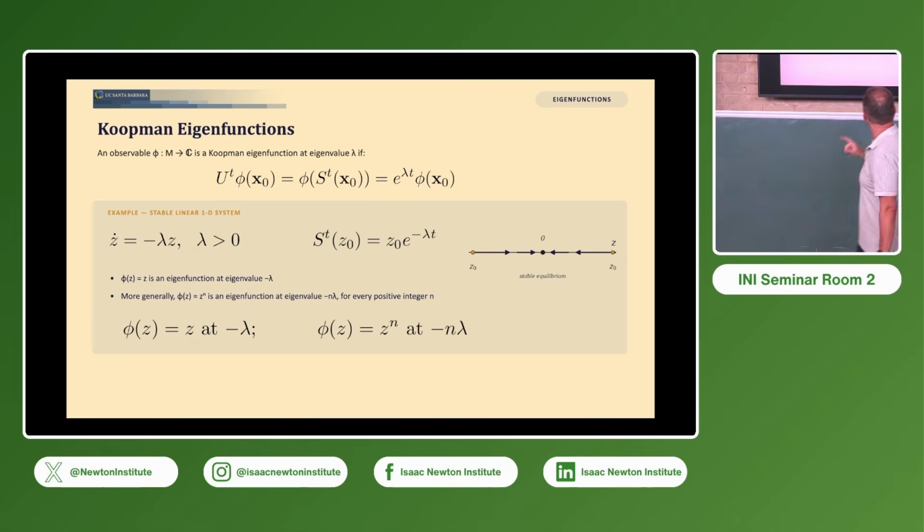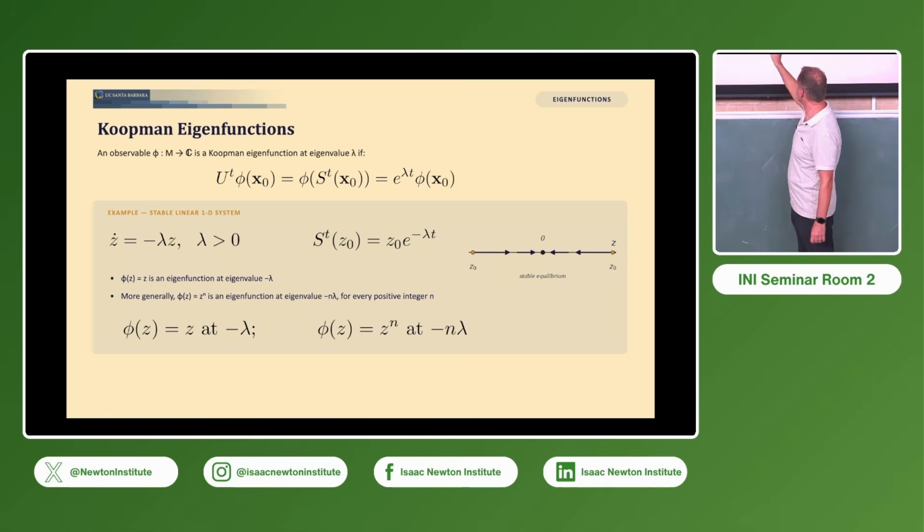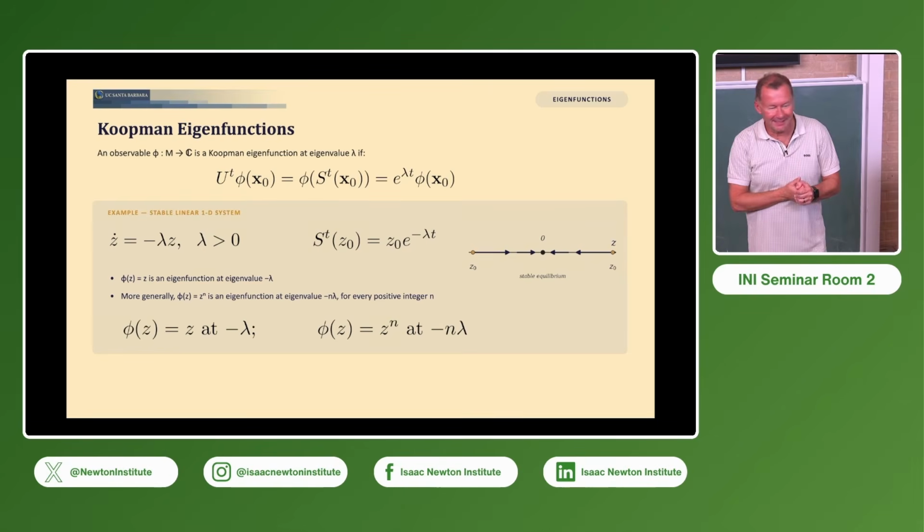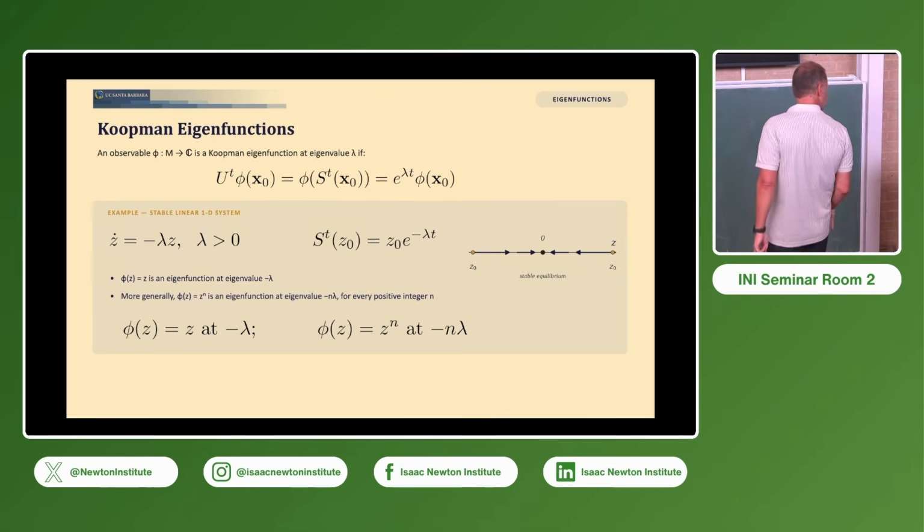But so is, for every n, phi of z equal to z to the power n. And you might ask, well, why? It's a linear system. Why in the world do I need all these other eigenfunctions? Well,